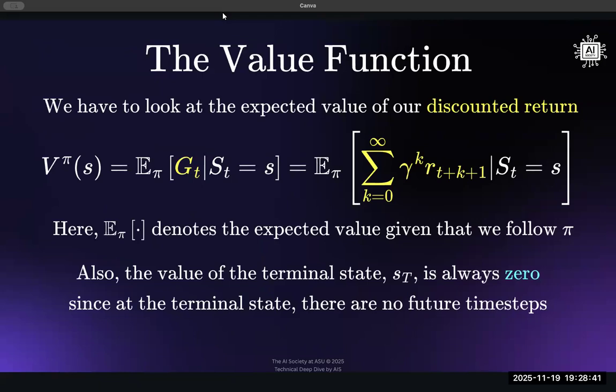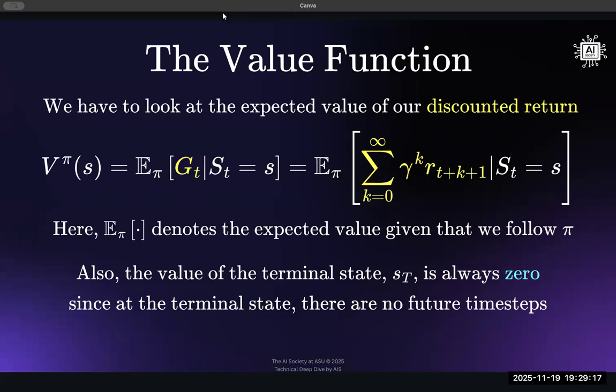And so that's the discounted return, the sum of all of our rewards, given that we need to, of course, penalize the agent for taking too long, conditioned that we are in a current state. So what is the expected value of the current state? If we stay in this state, what is our expected return on this? Is it good? Is it a good state to be in, or is it a bad state to be in? And if it's a bad state, we need to transition to another state and then check the value of that state. If it's a good state, perhaps we need to stay here and see where it leads us.